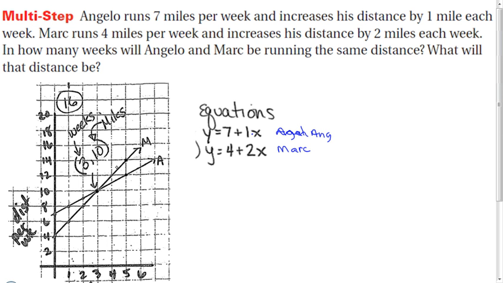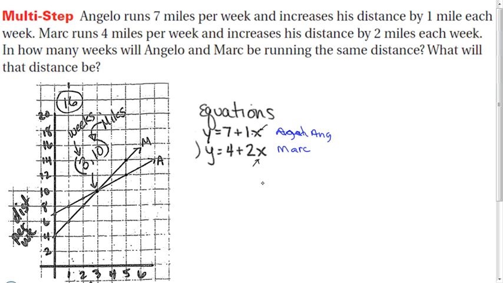Now we can know that this is the correct answer by going back and checking it in these equations. If we put 3 in for the number of weeks, we have 7 plus 3 is 10. And if we put 3 in for the number of weeks here, we've got 4 plus 6, which is also 10. This problem's easy enough to solve with the graph, but if we wanted to solve it without a graph,